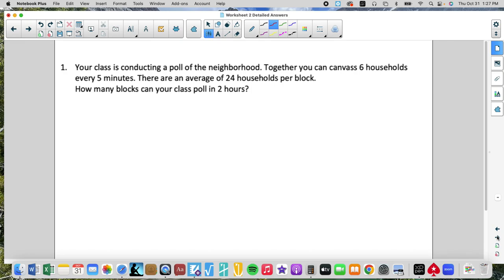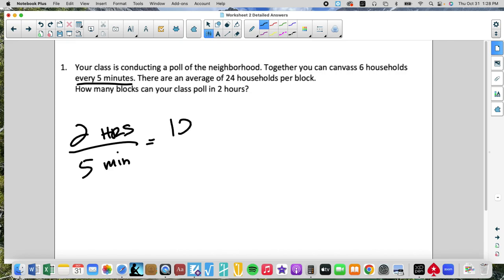Your class is conducting a poll of the neighborhood. Together, you can canvass 6 households every 5 minutes. There are an average of 24 households per block. How many blocks can your class poll in 2 hours? So 2 hours is how many 5-minute intervals? I'm going to divide that by 5 minutes. Well, these are unlike units, so how many minutes are in 2 hours? Each hour is 60 minutes, so I have 120 minutes divided by 5 minutes, and that's going to give me